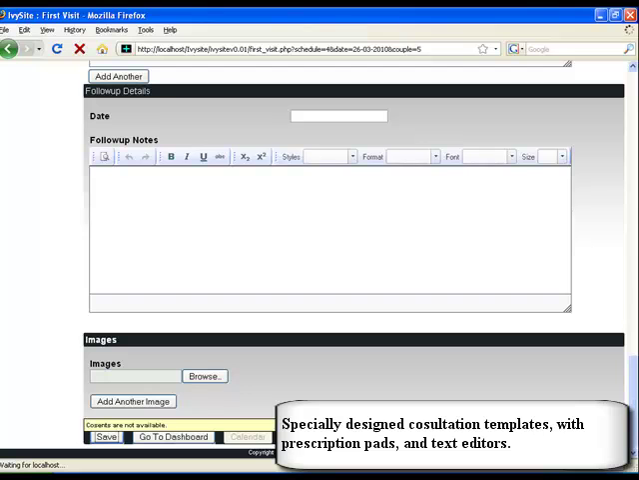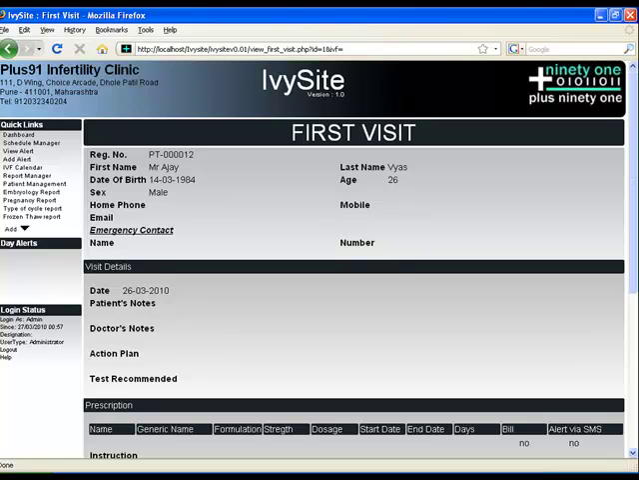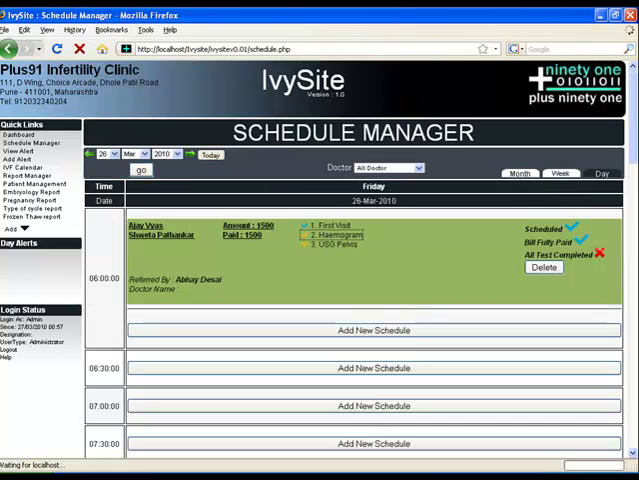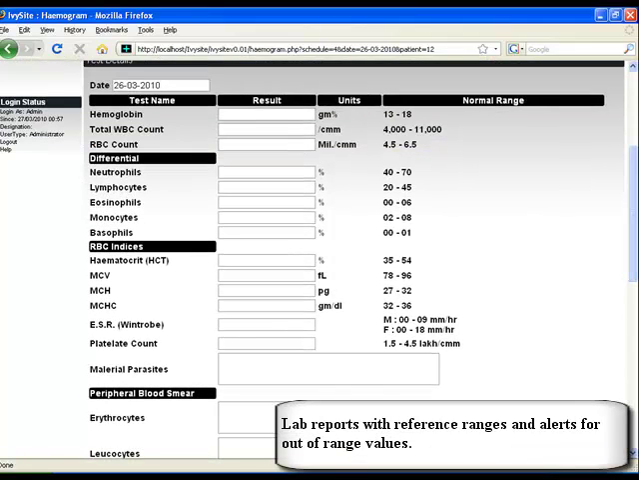You can see the prescription pad which is also present. You can also attach images or scan your written document and attach it to the visit template. You can see now this has become a blue tick. Similarly, we have